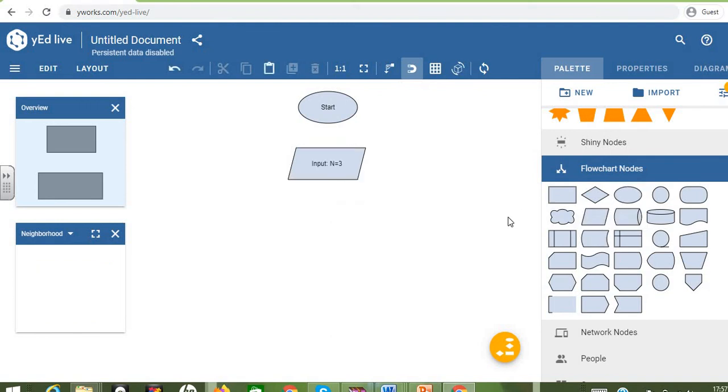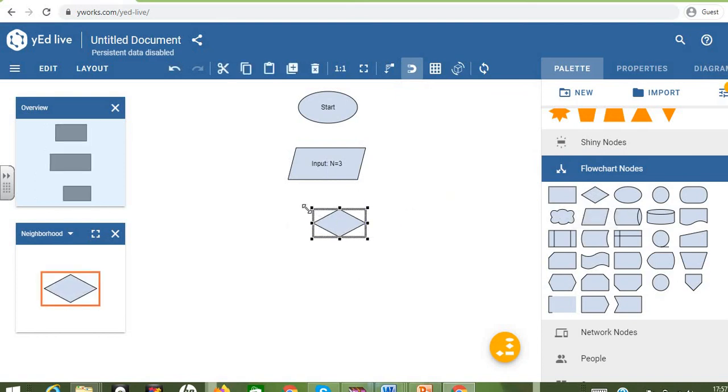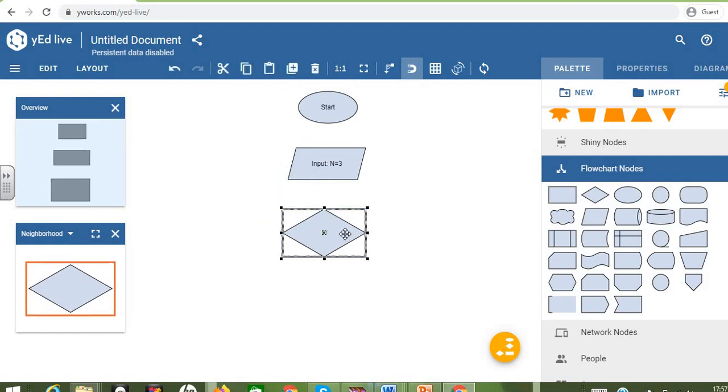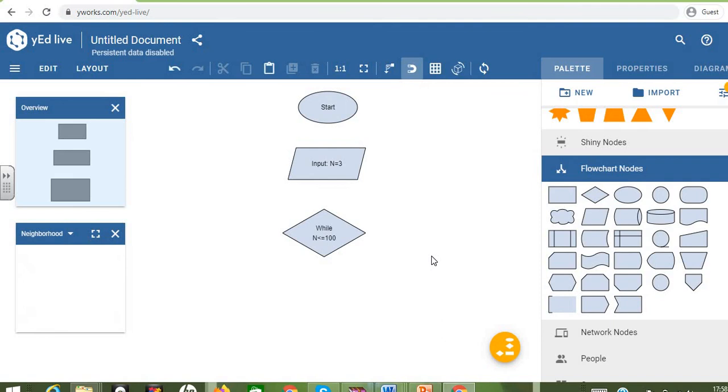Next we have to go for the while loop condition. So the condition is while n less than or equals to 100, right? This is the condition.